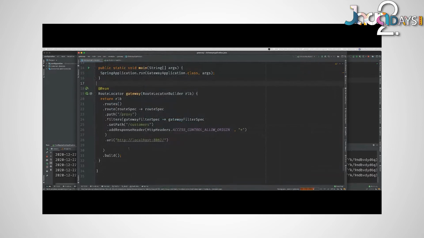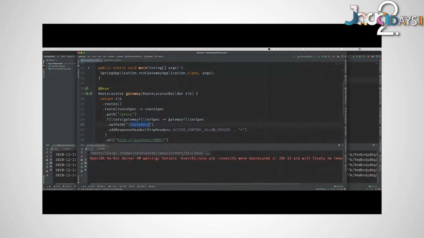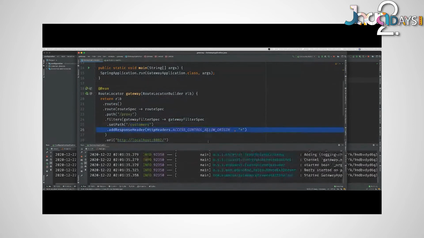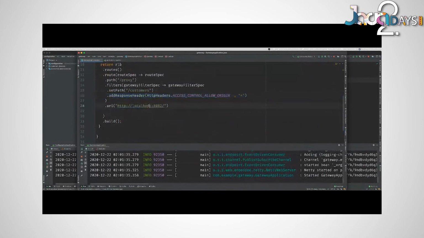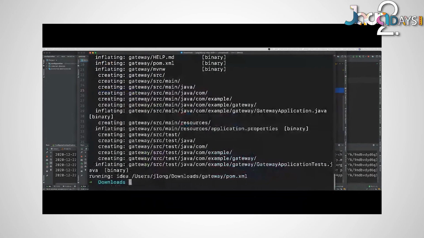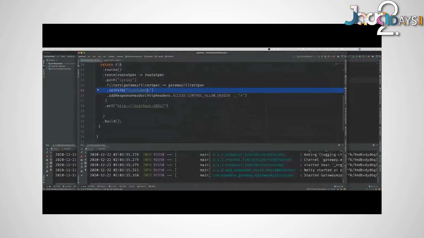So it's going to go to this service /customers. And we're going to allow CORS headers. That way, even if this service here doesn't have CORS headers, because it's going through the proxy, this will. So this proxy, the Spring Cloud Gateway, it's great if you want to build an ingress controller in Kubernetes, or if you want to do a route service in Cloud Foundry. This is a natural thing to do that with.